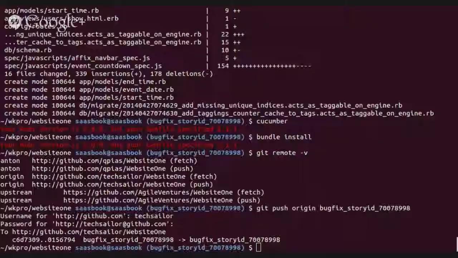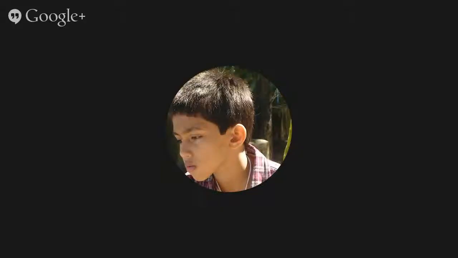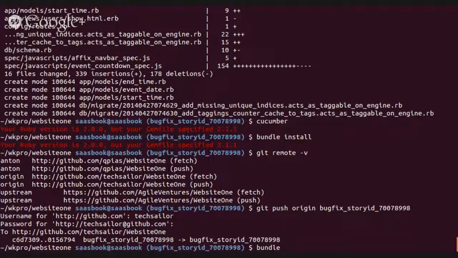Oh yes, it's orange. Pending. Now I guess you can install your new Ruby version and all the gems in the background. Sorry, it's RVM